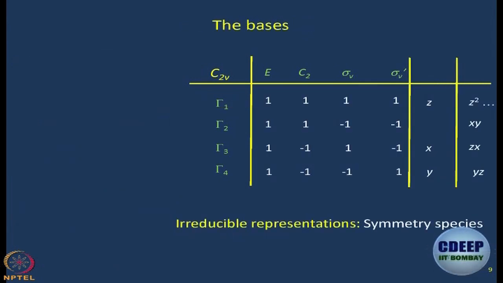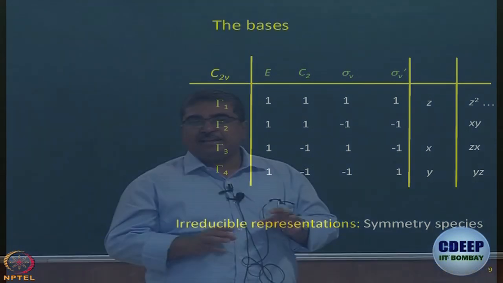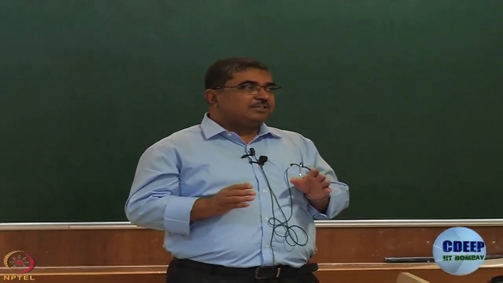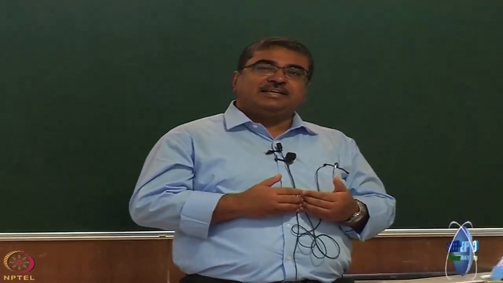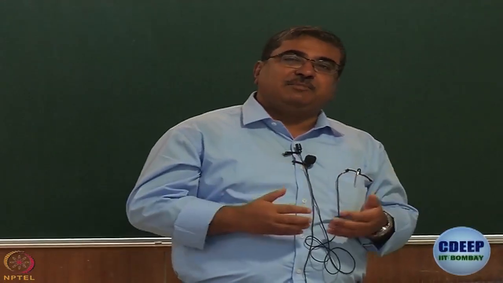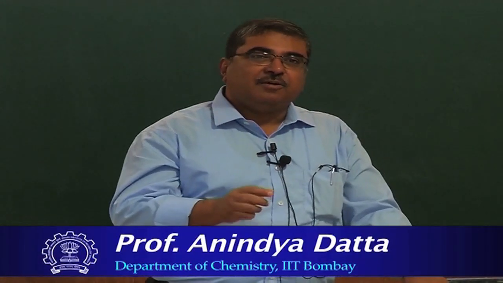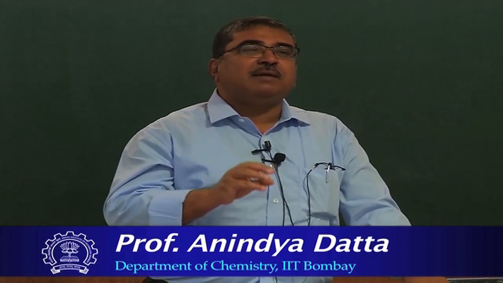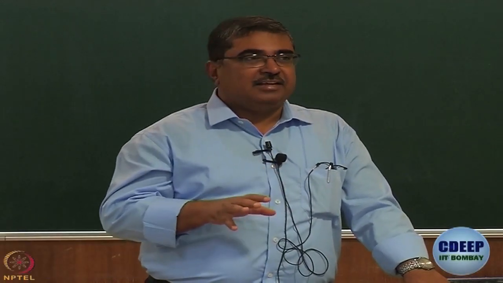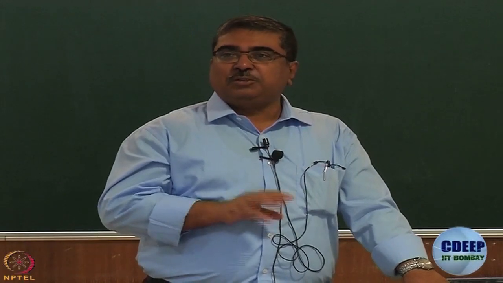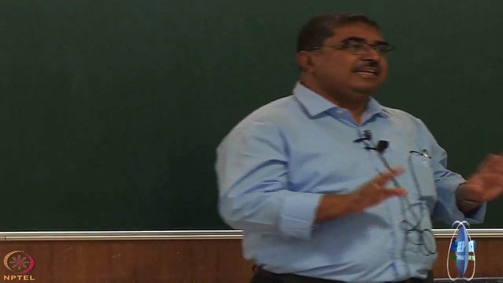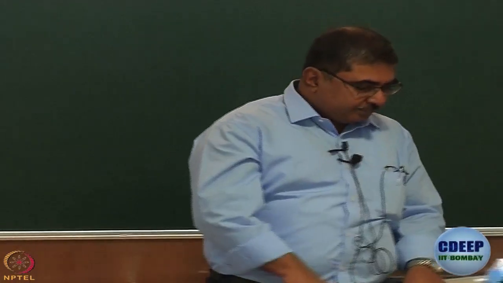For C2V, we found that we are going to have only one dimensional representations, so the characters can be only either +1 or -1, nothing else. Because if it is a one dimensional representation, then in response to any symmetry operation, a function can either remain itself or change sign. It cannot become 5 times itself, it cannot become 0. So other than 1 and -1 you cannot get anything else.